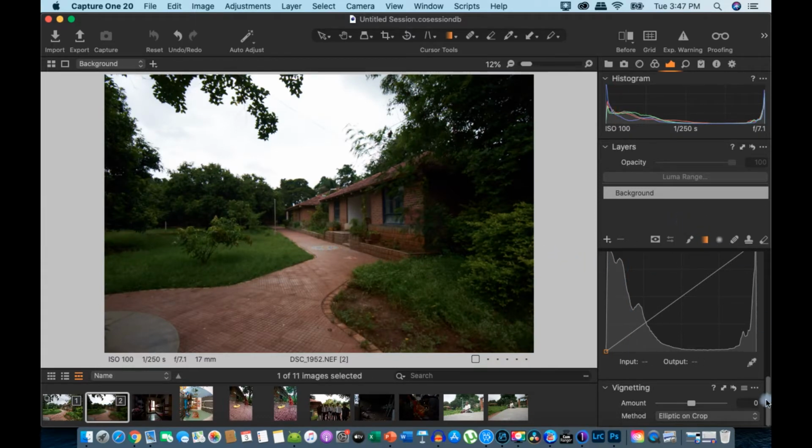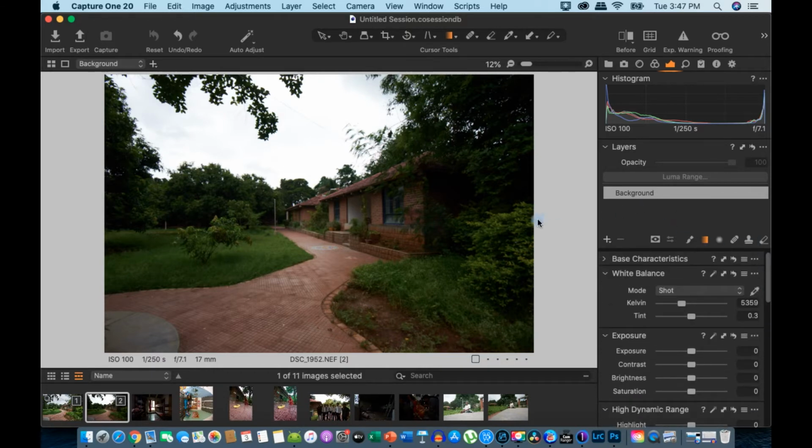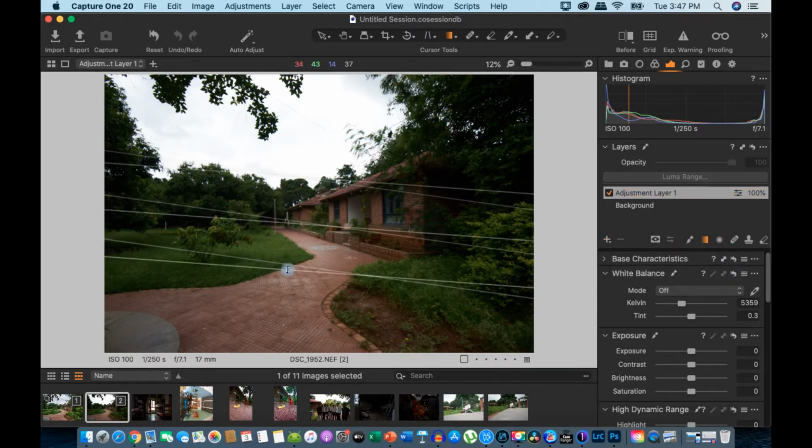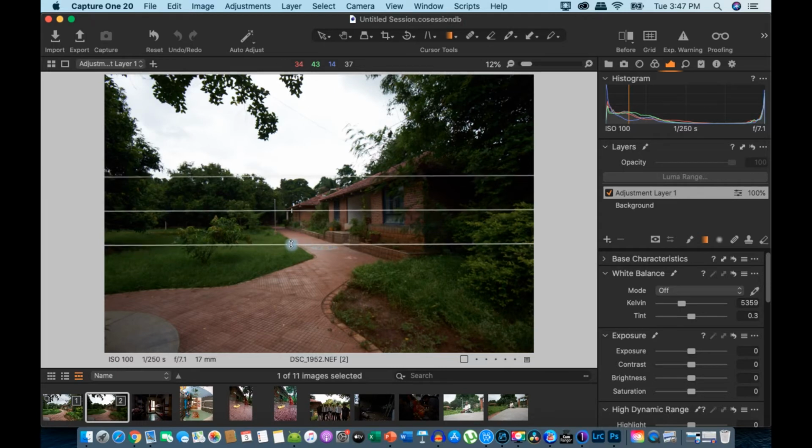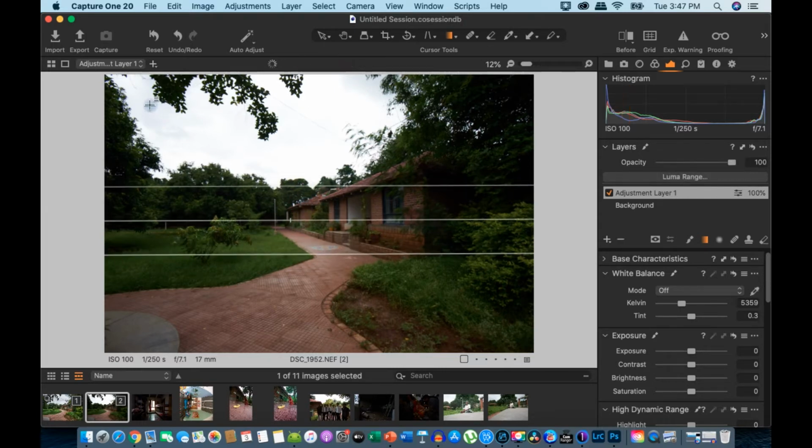When it comes to local edits, you have to be very careful in selecting the area to which you want to apply your edits. For example, in this area, I really like the exposure, the light, the contrast, the color. I do not want that to be affected at all. All I want is some shadow lift in this area, some shadow lift in this area, and to pull down the highlights in the sky. So I will take an empty layer and take the selection of the sky. For local edits, you have to select each and every area you want.